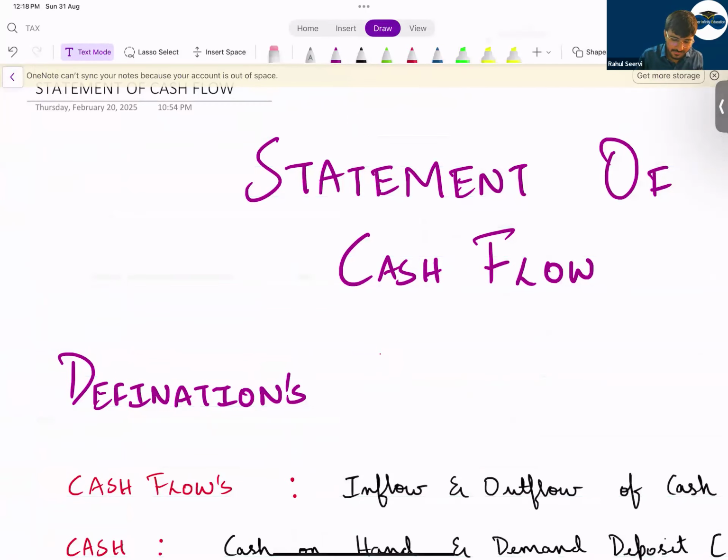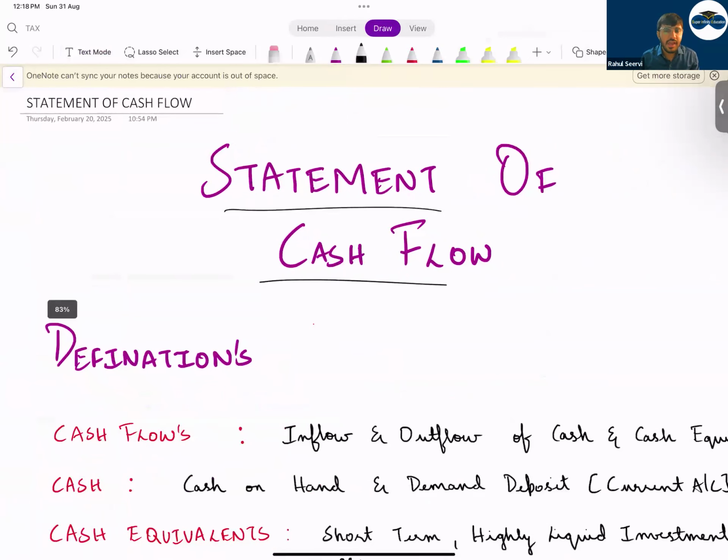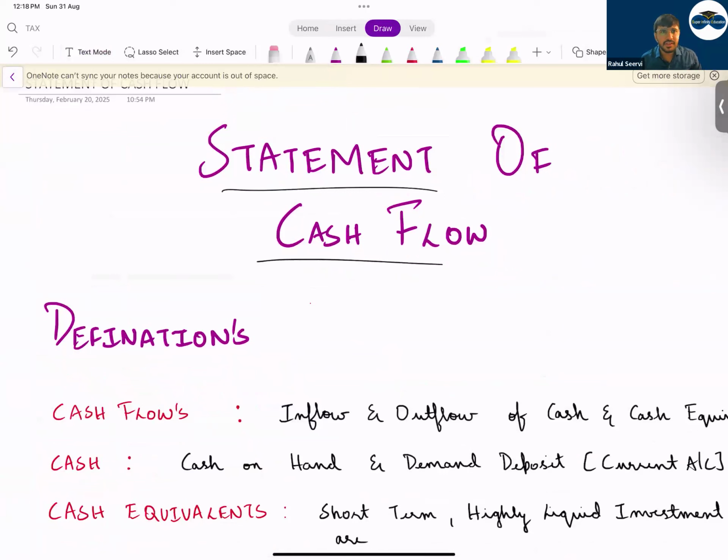Now, statement of cash flow. Is this important? Yes, sir. The format of the cash flow has been changed, and the examiner has also mentioned that the importance of cash flow is more for the SBR, in which way? Consolidated cash flow. Now see here, why is it important to prepare cash flow? It is important because profits and cash flow will never be equal. That is the first reason. So now chalo, let us start with the points here.